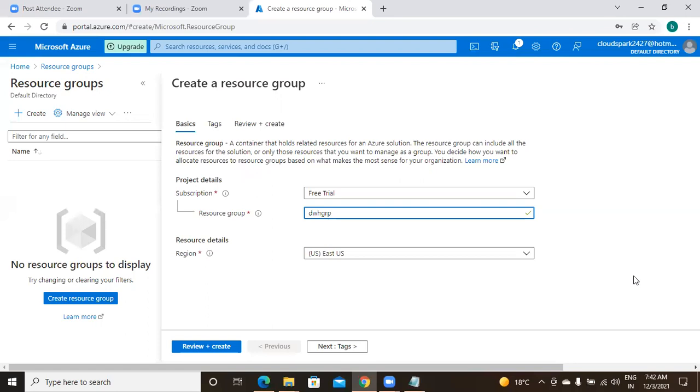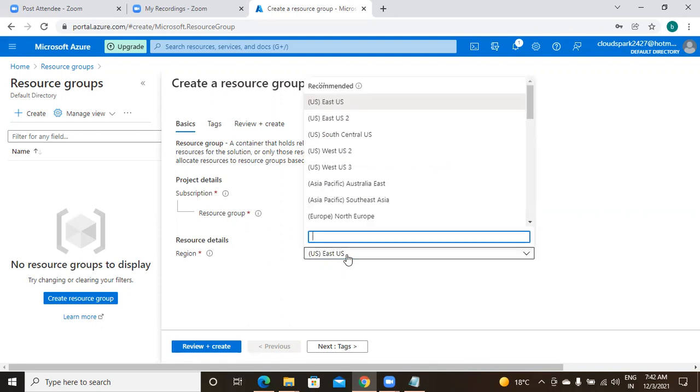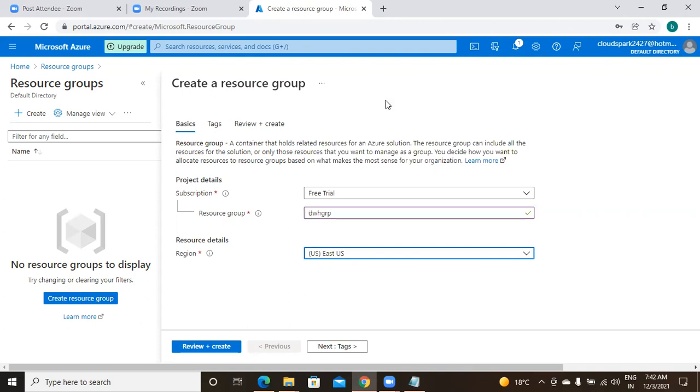Any name that you can give. Data warehouse group, I just give some rough name. And region, there are 58 regions, you can select any one of the regions. So as usual, I am selecting East US. And after that, click on review plus create.